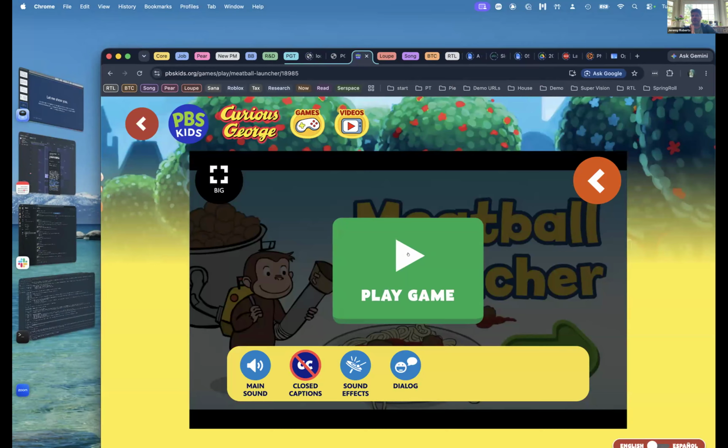Okay, first up, I just want to set everyone's context with the game model that we're going to be looking at inside of PGT. This is based on a real game. It's a PBS Kids game. It's a Curious George game. It's targeted at 3 to 5s. It's part of a suite of games that were focused on counting and cardinality in terms of learning goals and domain expertise. It was produced by GBH Boston.